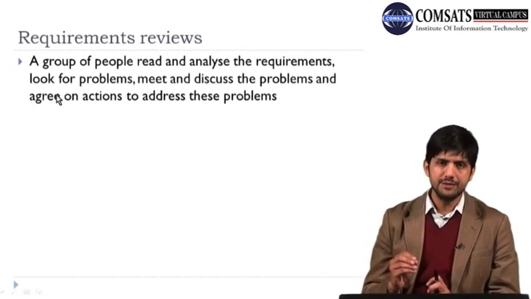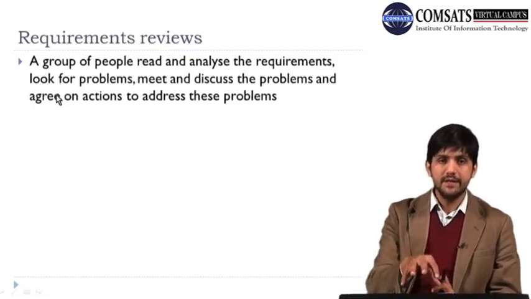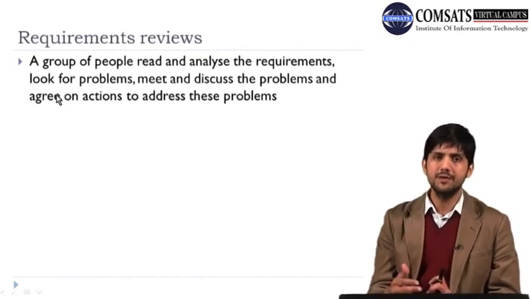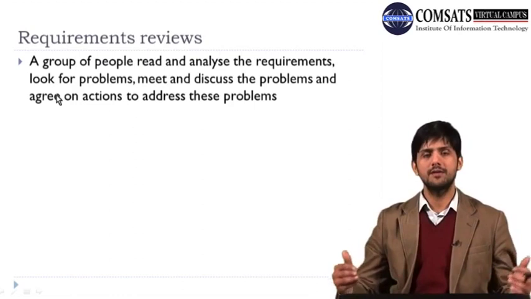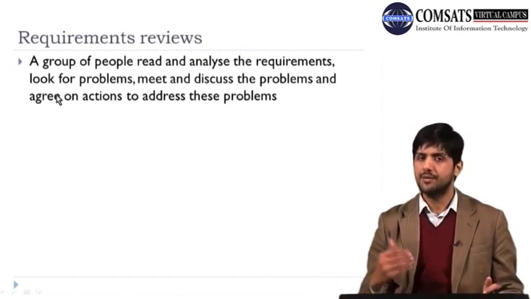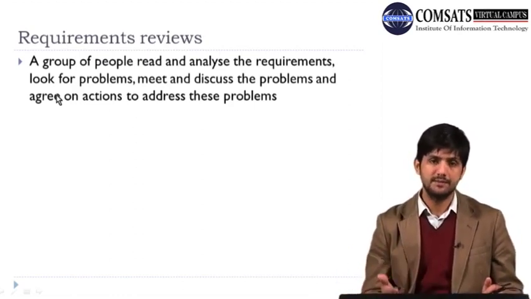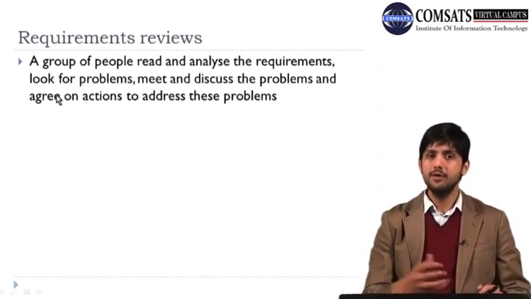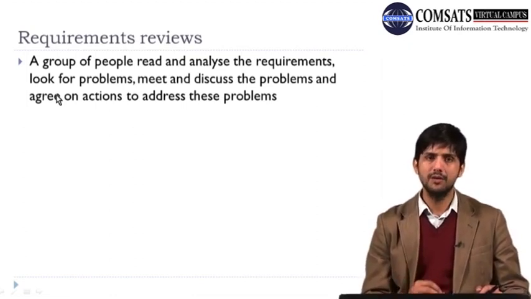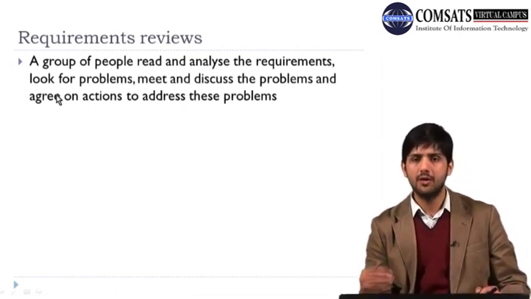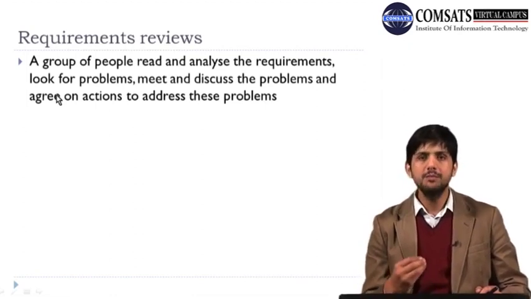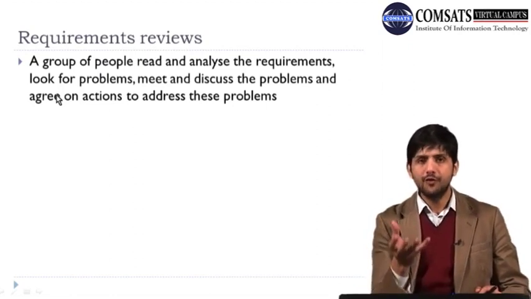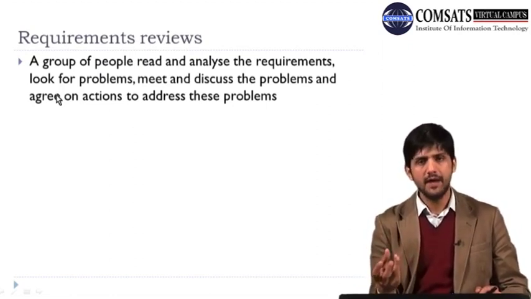Whereas the formal review, and the one which is done at this requirement validation stage is a formal review, where you, as the producer of this document, will present your document in front of a committee, which can be, I don't know, the QA manager or your project manager, or maybe some representative from the client as well. They will all sit together, and you are going to present this document. You're going to explicitly go through all the functional and non-functional requirements, and the purpose is to identify the problems. Okay, so the output of this formal review is the list of problems,